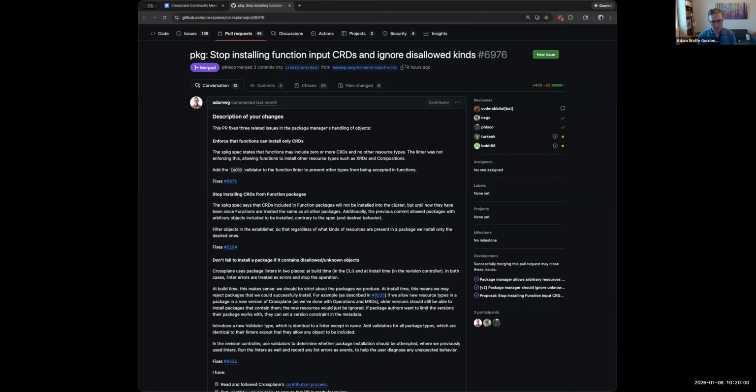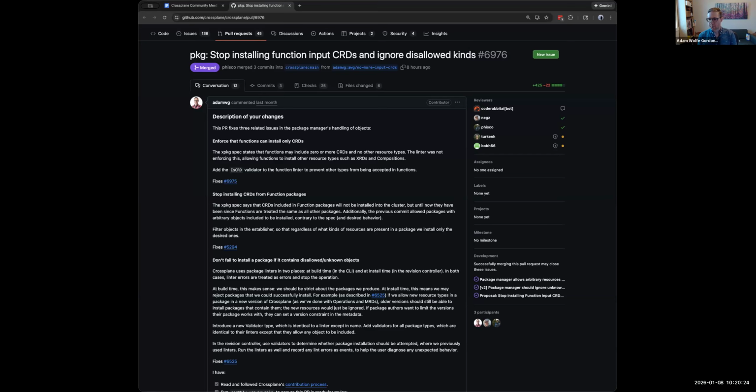And then the third one is if you do happen to have a package that includes types that it shouldn't include, so a provider that includes compositions, for example, or a function that includes a composition. Previously, we would just totally fail and not install the package at all. So we've changed it so that it just ignores those objects.